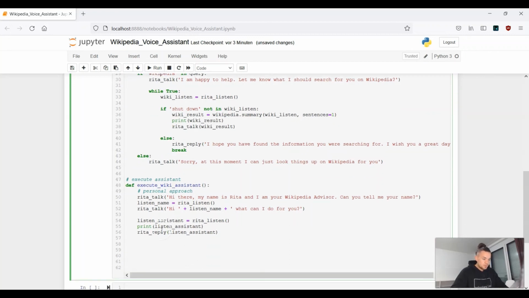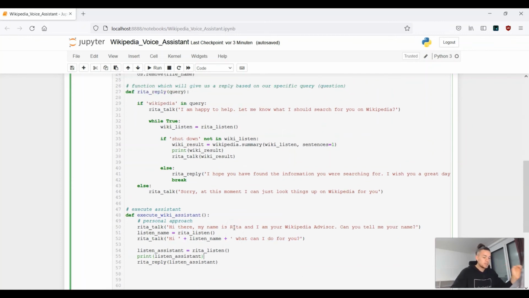For example, if she says, okay, hi Alex, what can I do for you, and I ask the system, can you look something up on Wikipedia, that means this sentence where Wikipedia is included